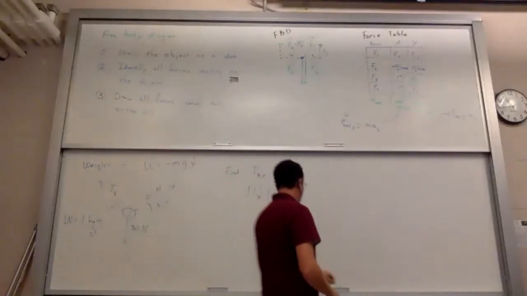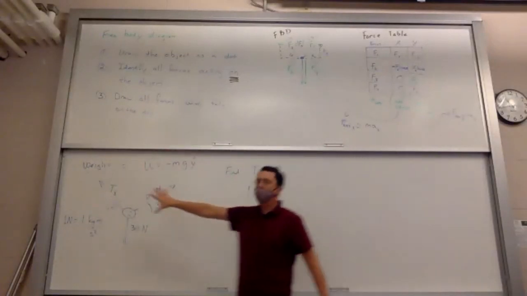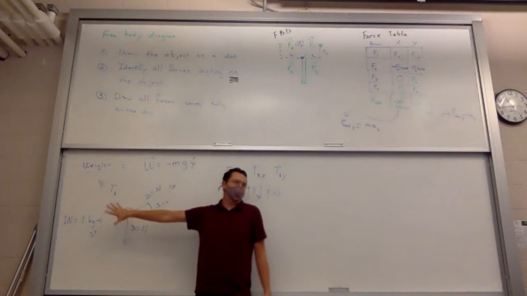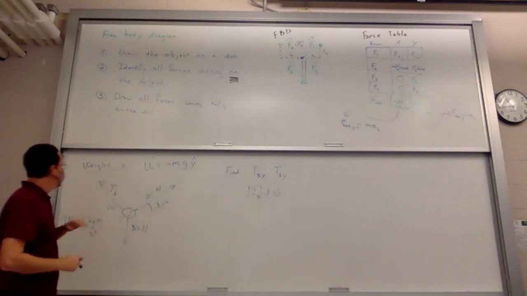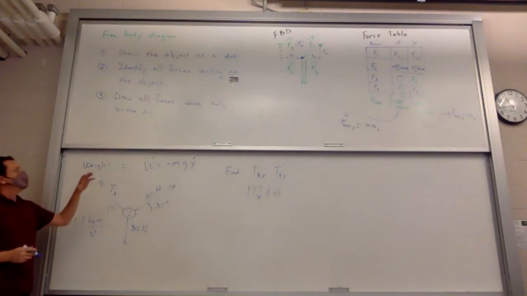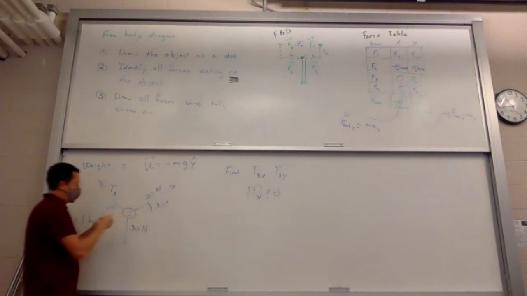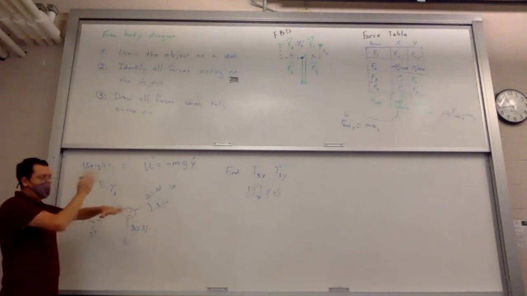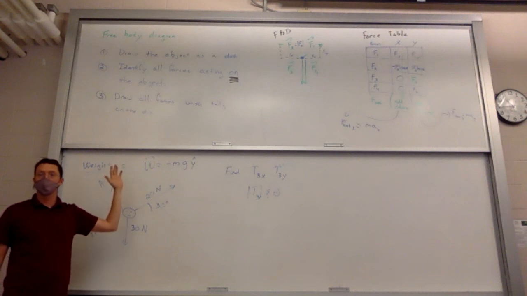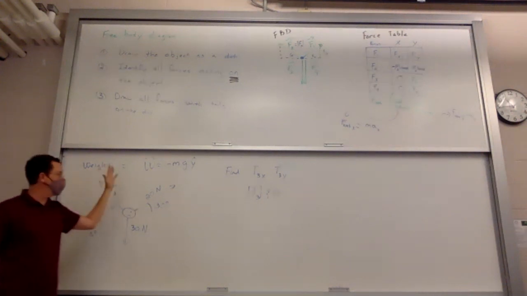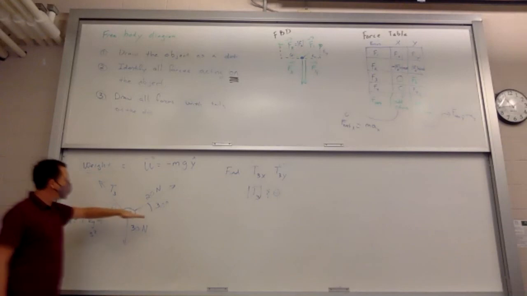All right, so I pretty much have my free body diagram, so I'm not going to redraw it. It's basically the story it gave to me. What I do want to do, though, is work things out in component form. So I'm going to use X and Y. I'm going to choose X to be horizontal and Y to be vertical. There are some problems where that's not the simplest. The math is easier if you choose something differently. And I'll talk about how to do that when we get there.